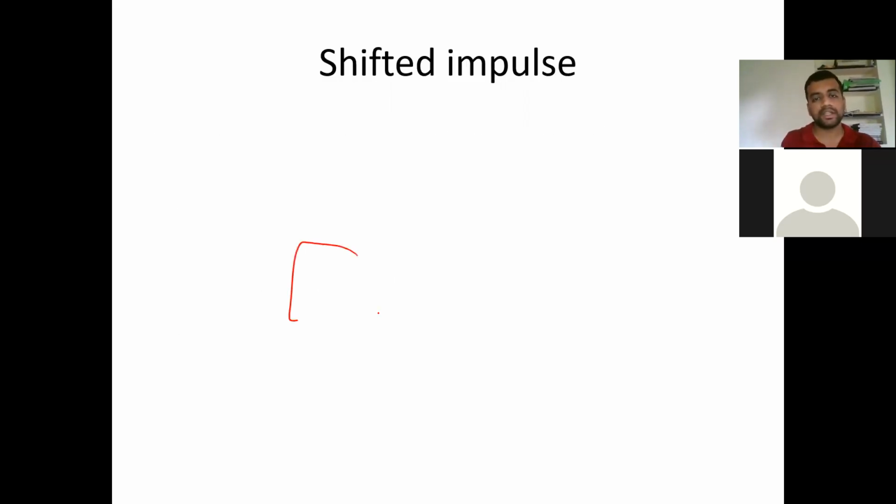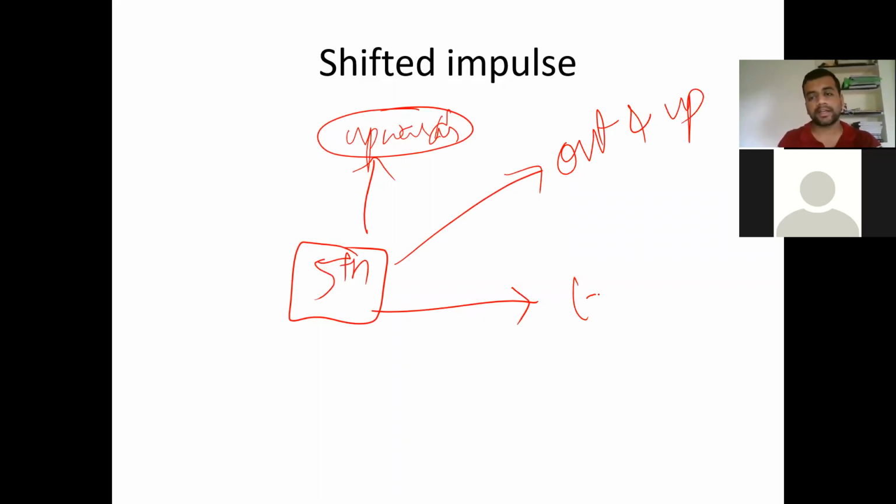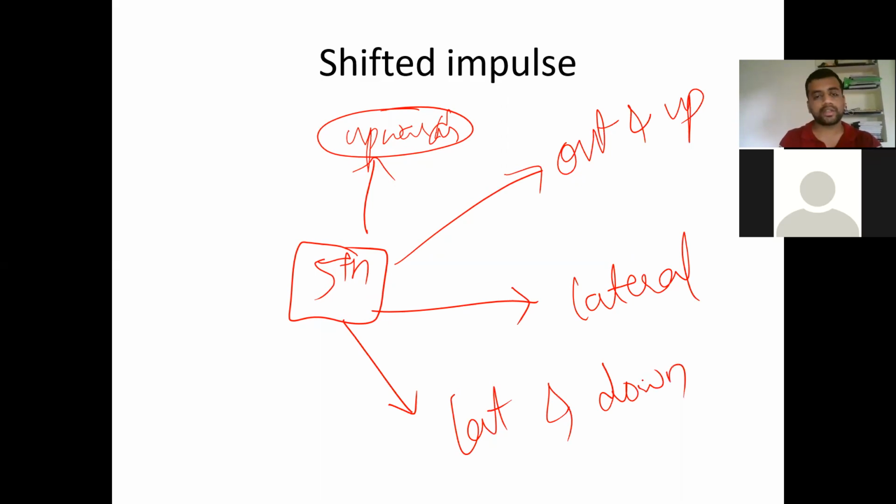For example, if this is at the fifth intercostal space here, we are going to look at what the causes are for upward displacement, and what the causes are for out and up, and then third, what the causes are for lateral displacement only, then what the causes are for lateral and downward, then what the causes are for only downward displacement. Okay, these are the different causes we have. So up, out and up, then sideways or laterally, lateral and down, and downwards. We'll come to them next, one by one.